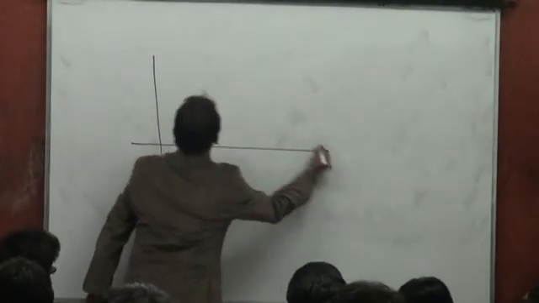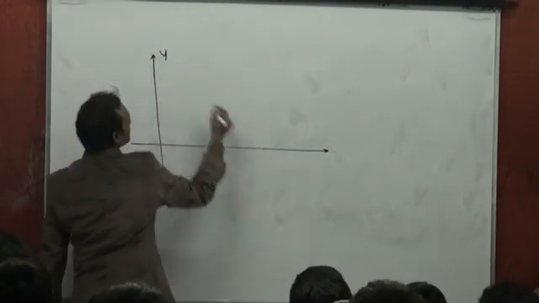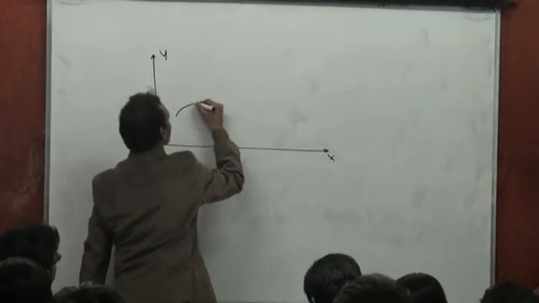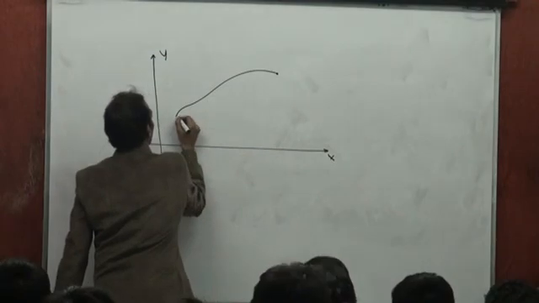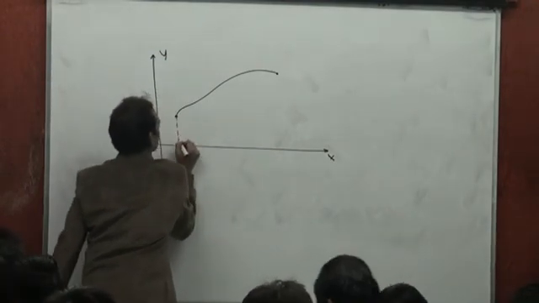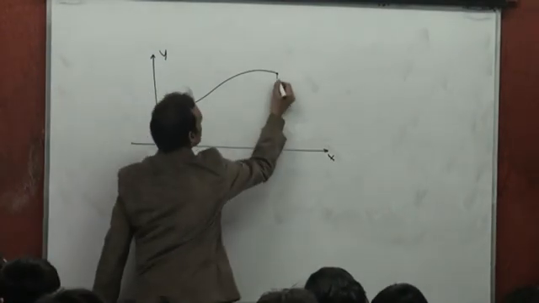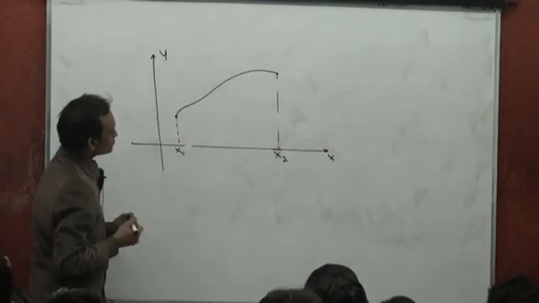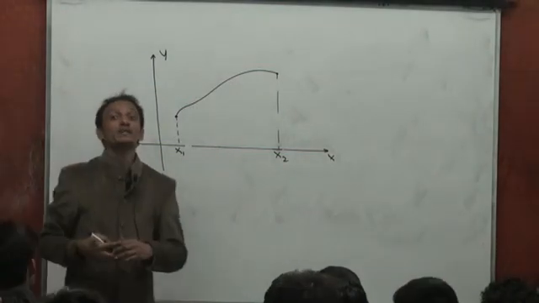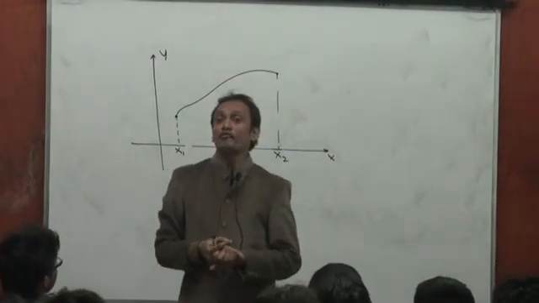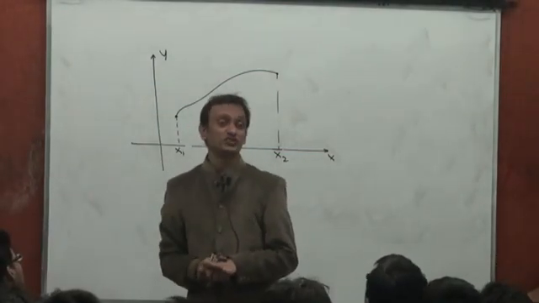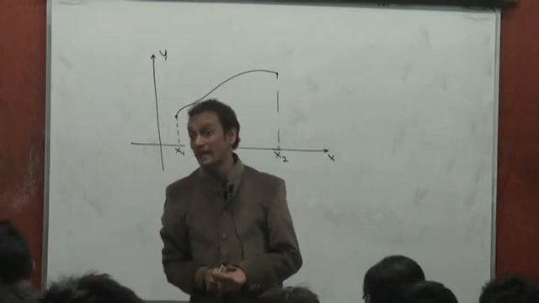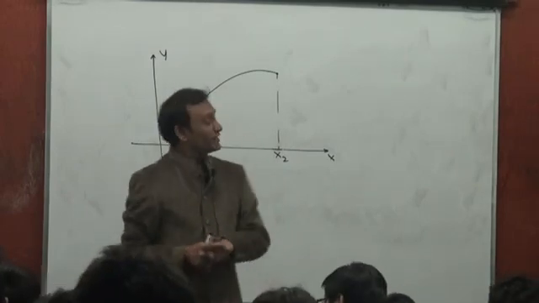If there is a certain y that varies with x, this is x equal to x1 and this is x equal to x2. Now between x1 and x2, they say find the average y. Find the average y between x1 and x2. What it really means is,